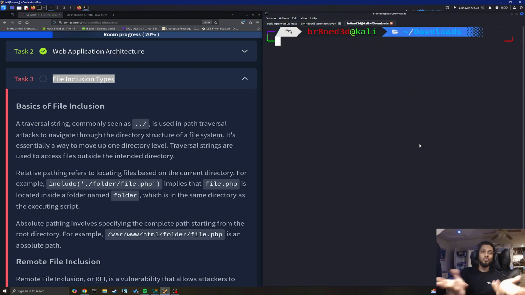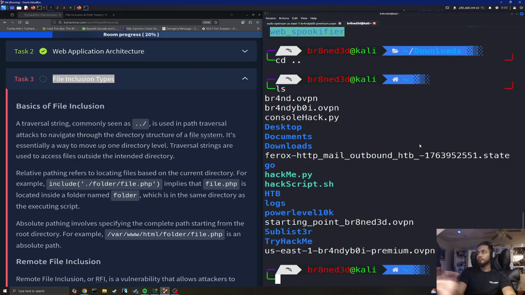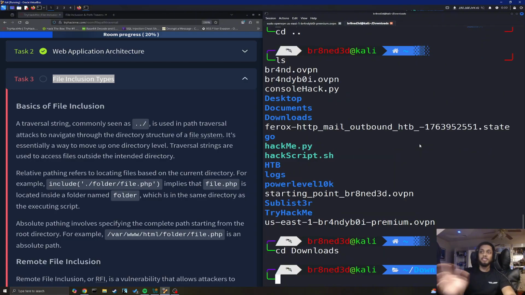Now I'm going to show you what this does, essentially just using terminal. So right now I am in my downloads folder, and of course before this folder we have, I guess this is my root folder, I think it's my home folder, but I'm gonna go back to my downloads and I'm gonna show you exactly a